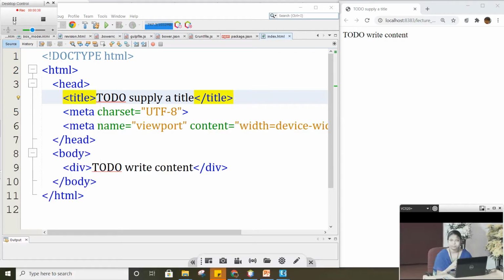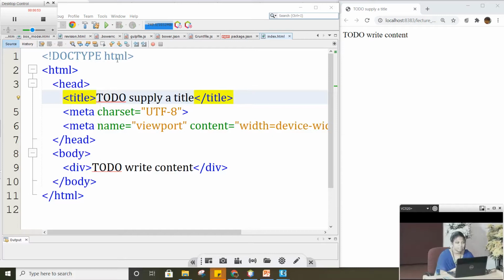Collecting the data from the user and submitting this data to the server can be done through this form element. So we are going to discuss each and every sub-element present under the form.